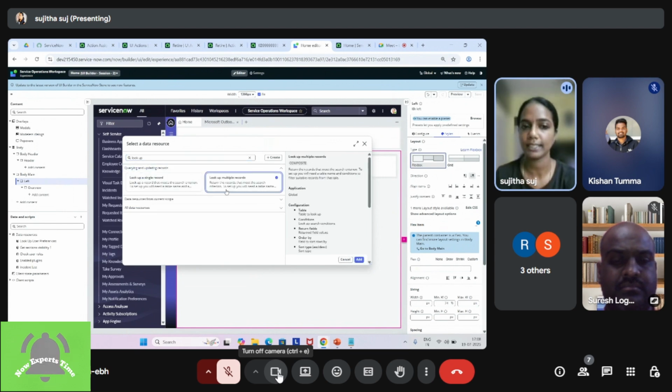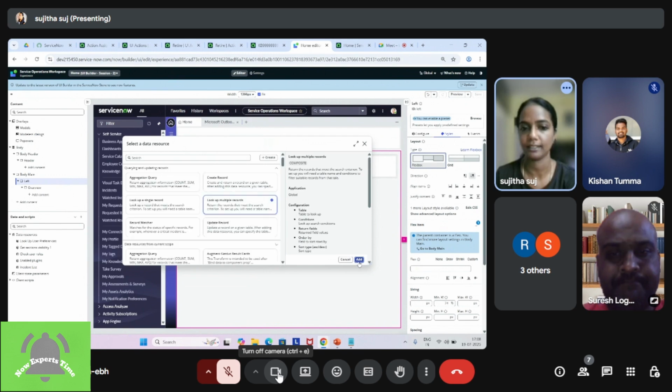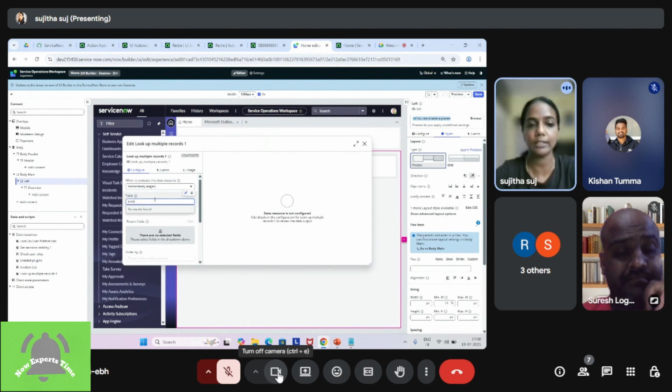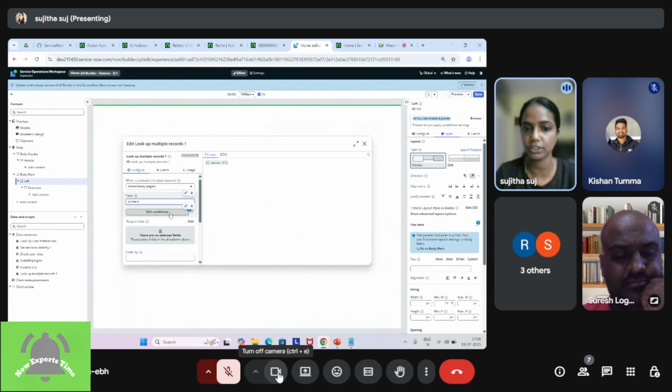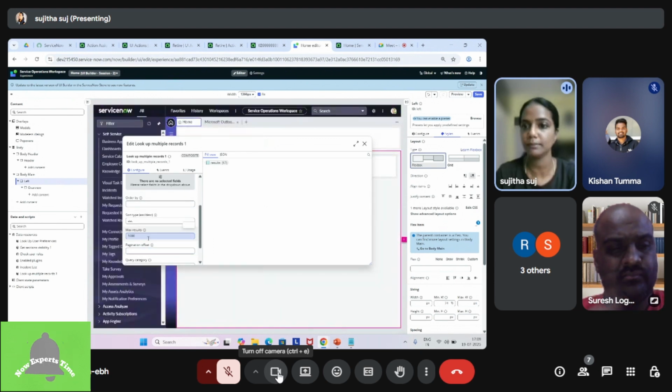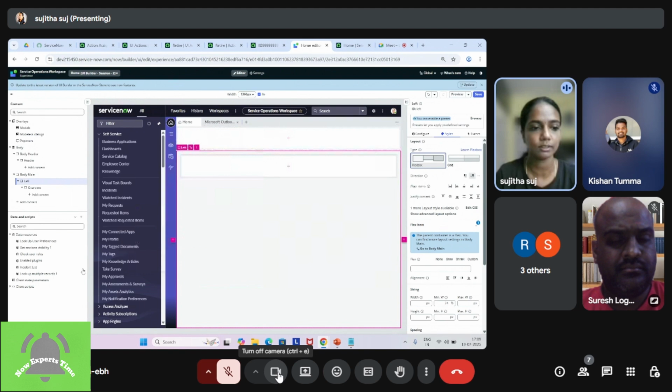Okay. So I'm just selecting this data resource and I'm just clicking on add. Once I do that, I will be able to see the data that you need to input with respect to what are the things that you need to fetch from. So here you need to mention the table. And when you mention the table here, it would automatically enable the other fields, which would be asking you to fill in what are the conditions that you want and how you wanted to order it, if you're going to bring it as a list, or what is the maximum result that needs to be configured here. So with the interest of time,